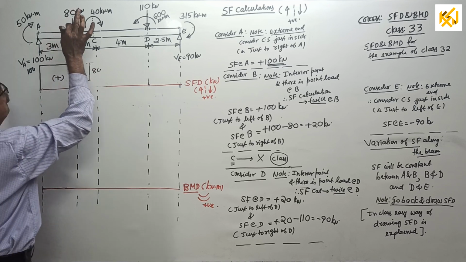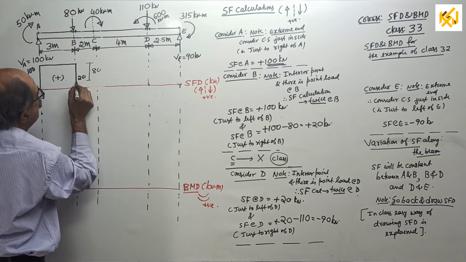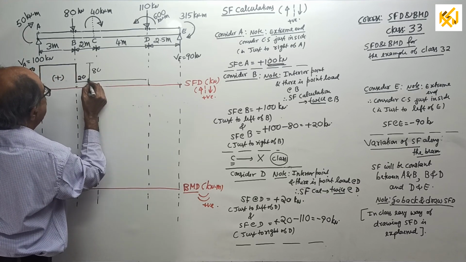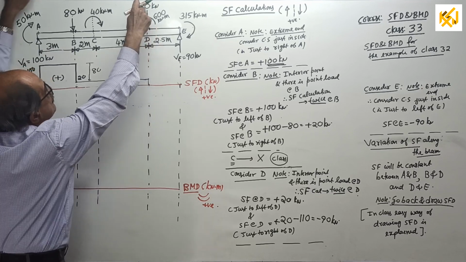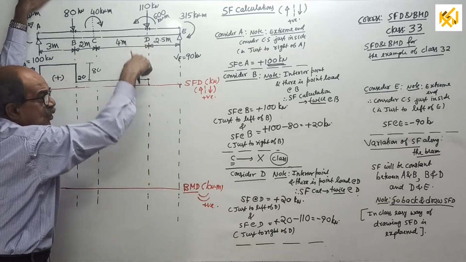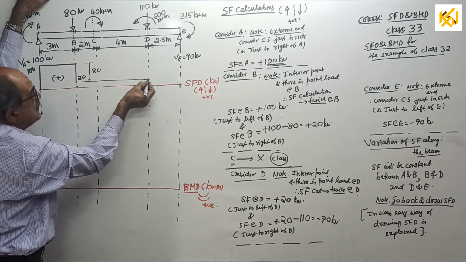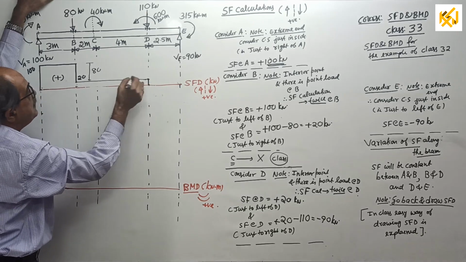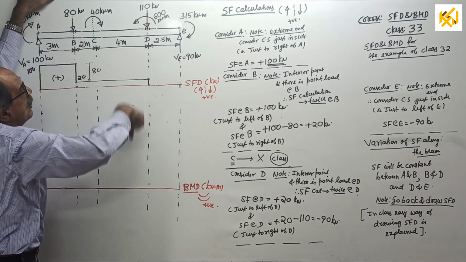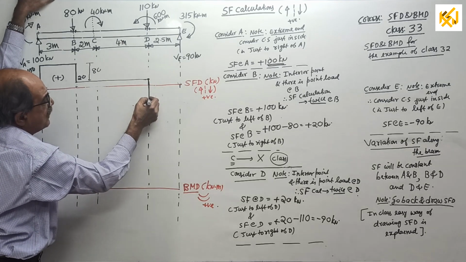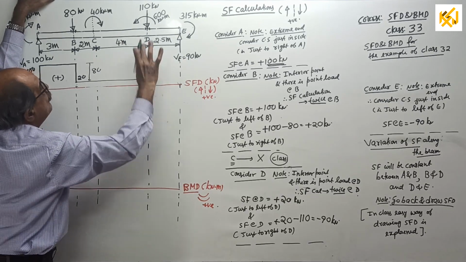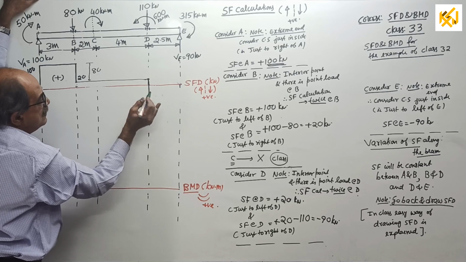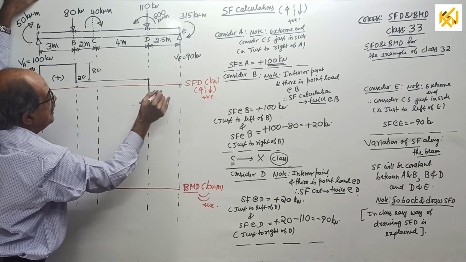So no sign. From B to D, there is no load. Go parallel to the baseline. Okay. This is 80. Then when you come here, down 110. From here, come down by 110. You are already above the baseline by 20. So when you reach here, you came down by 20. How much? 20. But I told you from here, come down by 110. So anybody can make out, you have to come further down, the total drop will be 110. Since it is already 20 above, this will be 90. Do not write minus 90 because minus you are writing here.